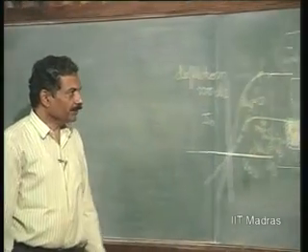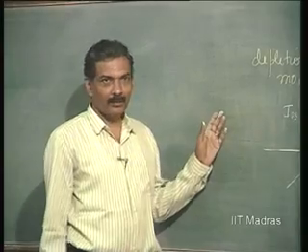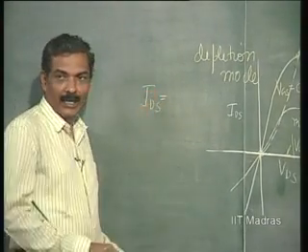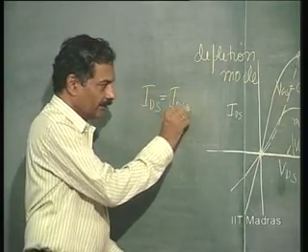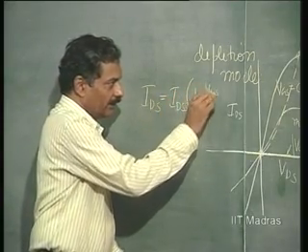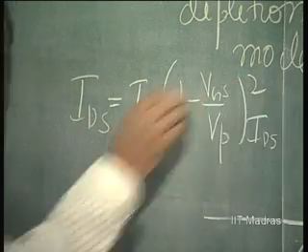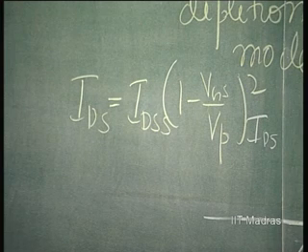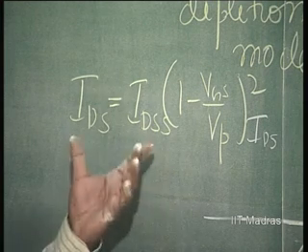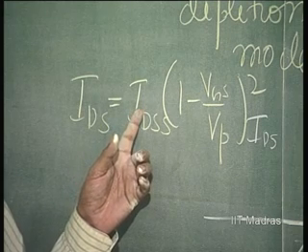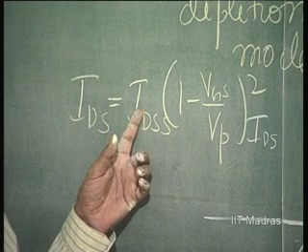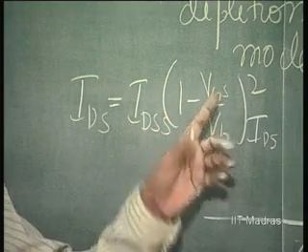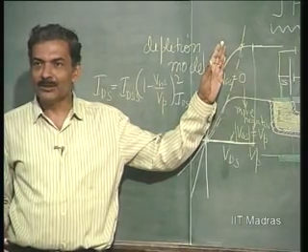So, basically the equation is also the same square law, but instead of having K and all that, you have this as IDSS constant, 1 minus VGS by VP whole square. It is the same square law. Mathematically there is no difference between the equation that I have given for enhancement type of MOSFET and this. Only the constant of proportionality I am defining differently. That constant corresponds to the current saturation for VGS equal to 0, because there is a characteristic corresponding to VGS equal to 0 here.